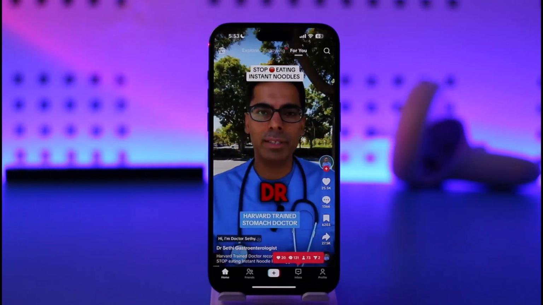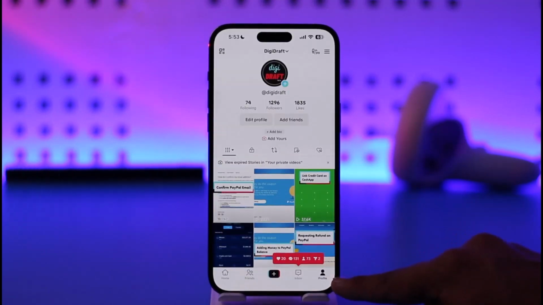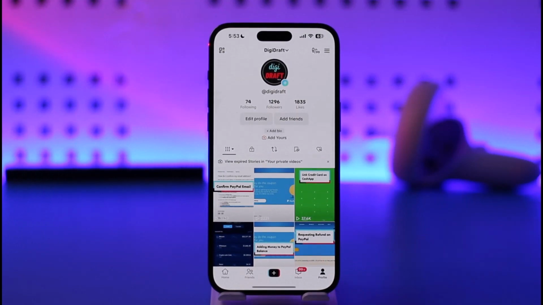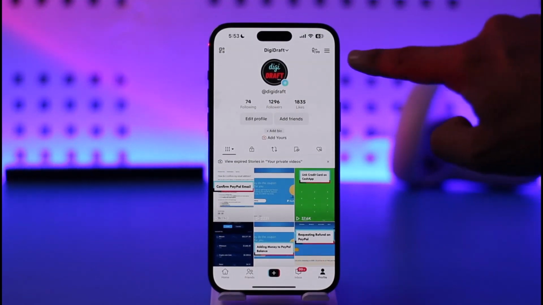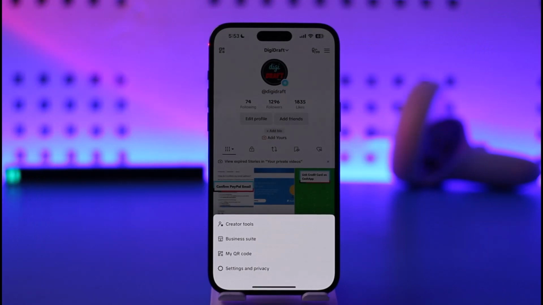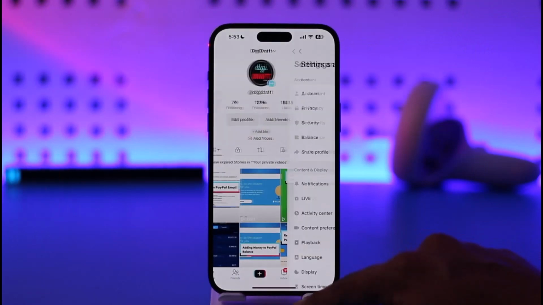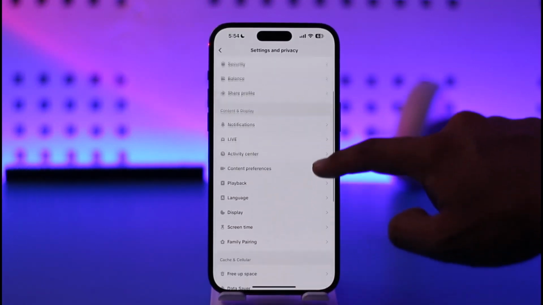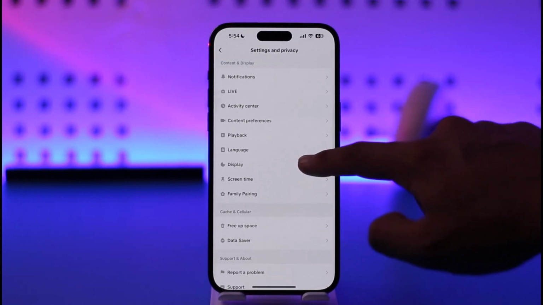Once you launch the TikTok app, you want to simply tap the profile icon located at the bottom right corner of the screen. As you have done that, what you need to do is just tap the three lines option located at the top right hand side and then just go to settings and privacy. Once you come to settings and privacy, simply navigate to the option known as display and then make sure to